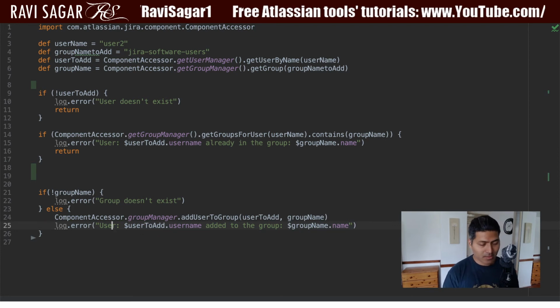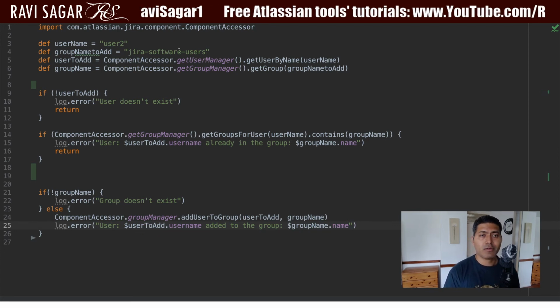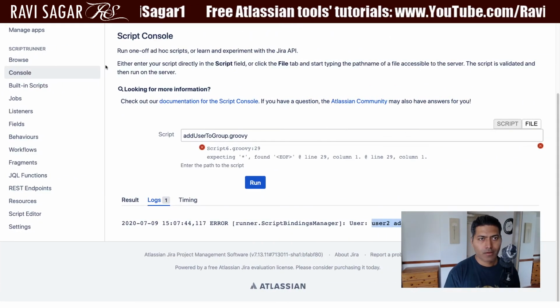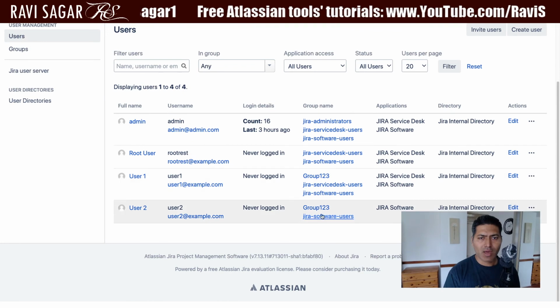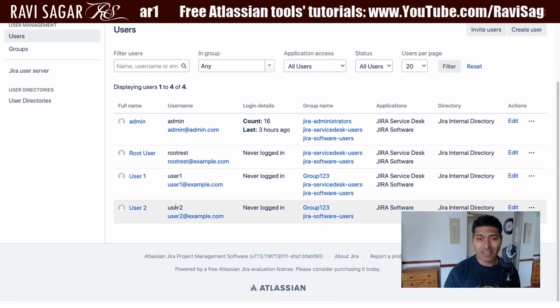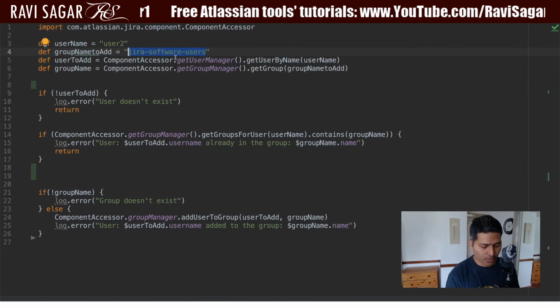This is something very useful. Let me do it for one more group maybe. I'll try to add user2 to Jira Service Desk users. Let us try it one more time.